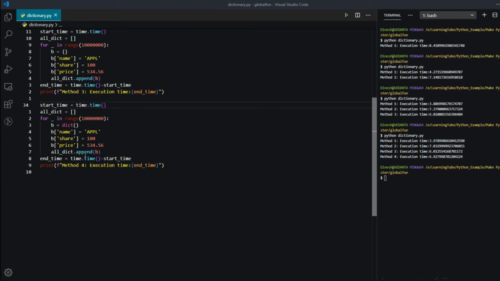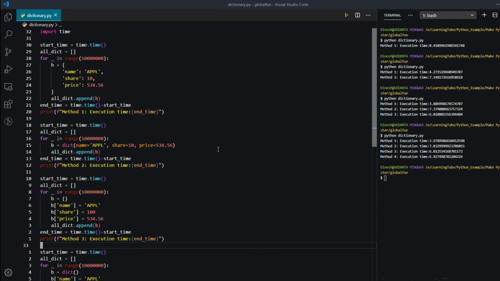If we rank in terms of speed, method 1 is the fastest, second is method 3, third is method 4, and fourth is method 2. So these are the 4 methods, and we have seen how much time each one takes. Here we have concluded that we must use this type of initializing method rather than any other, because this method takes much less time than any other when we initialize the dictionary.